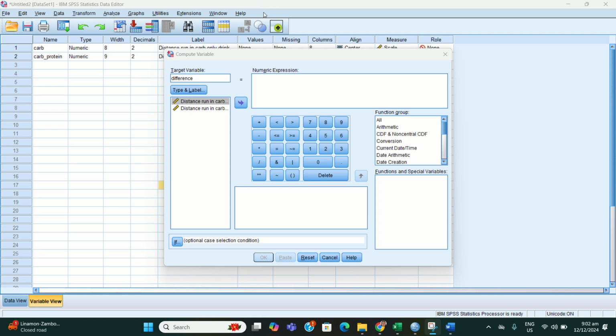Then we have to calculate the difference between the related groups here in numeric expression. So we have to type carb protein minus carb. Then we will click OK.